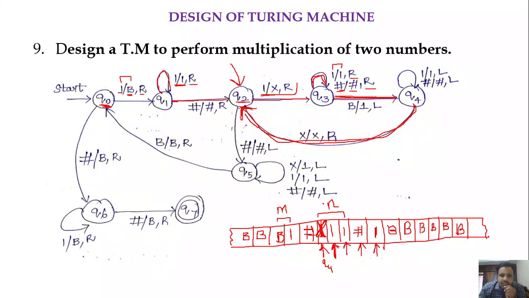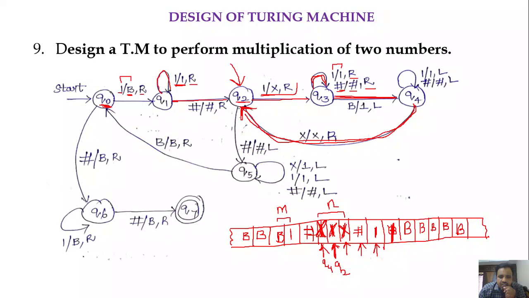Again, we are in state Q2 now and the input is 1, so replace that 1 with x and move the head towards right, so that we can copy this 1 into the next blank, so this blank will be converted into 1. Next, again move the head towards left until we get x. After getting x, move the head towards right, then we get the second next one that is to be copied.